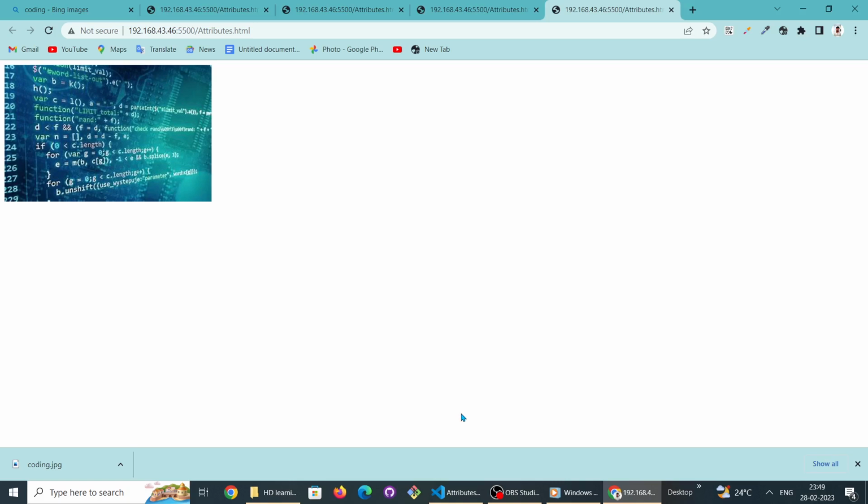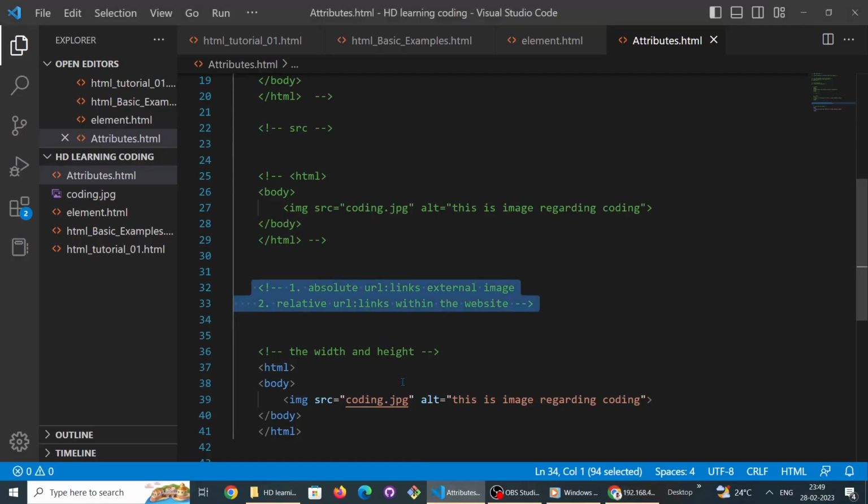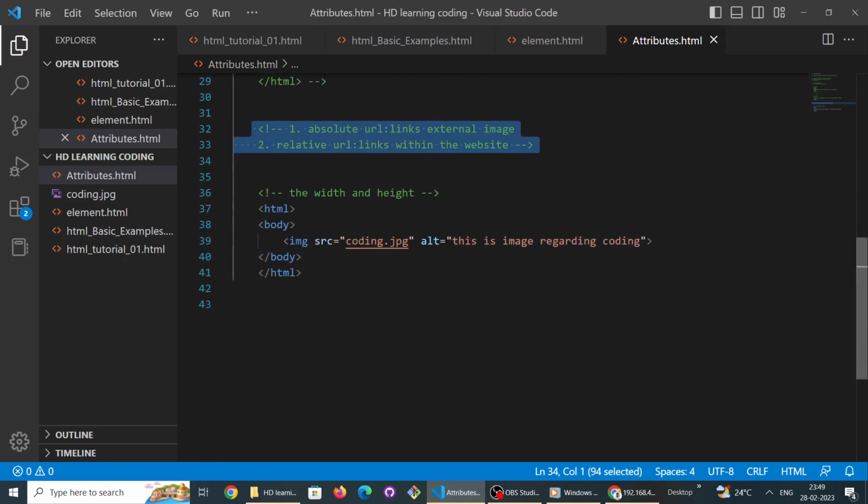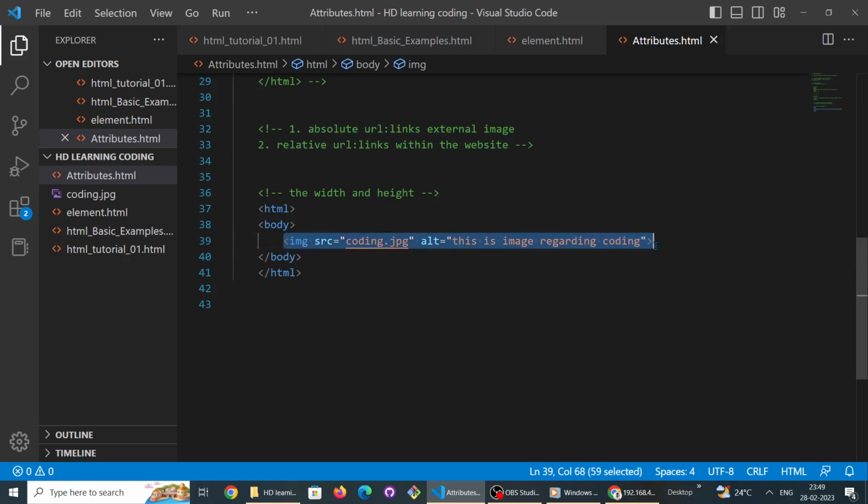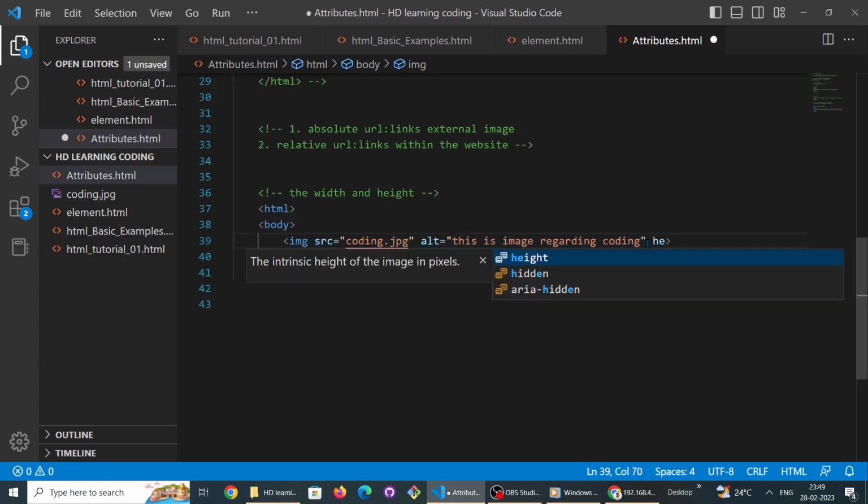For that we have two attributes: one is width and another is height. Now I will put here, this is the image tag, and I have to put an attribute in that. Okay, I will put height